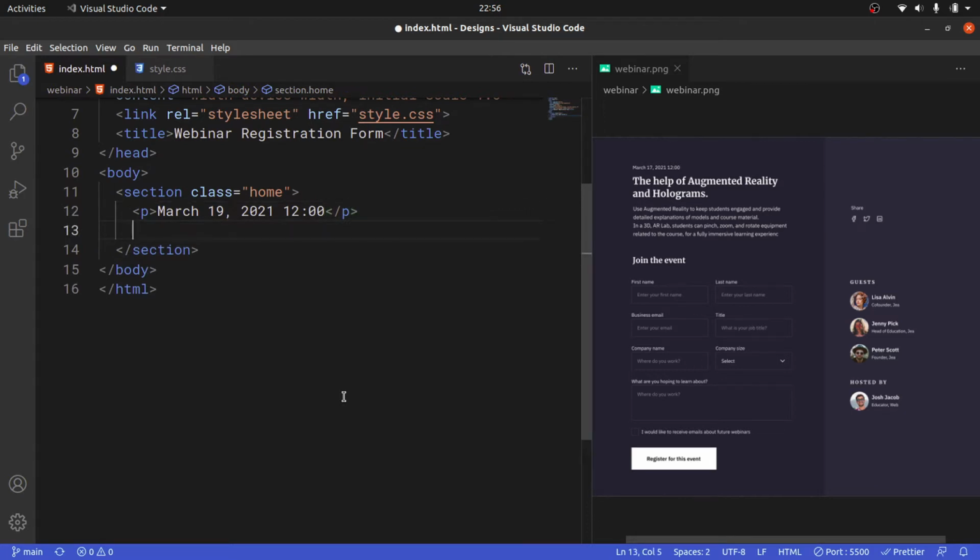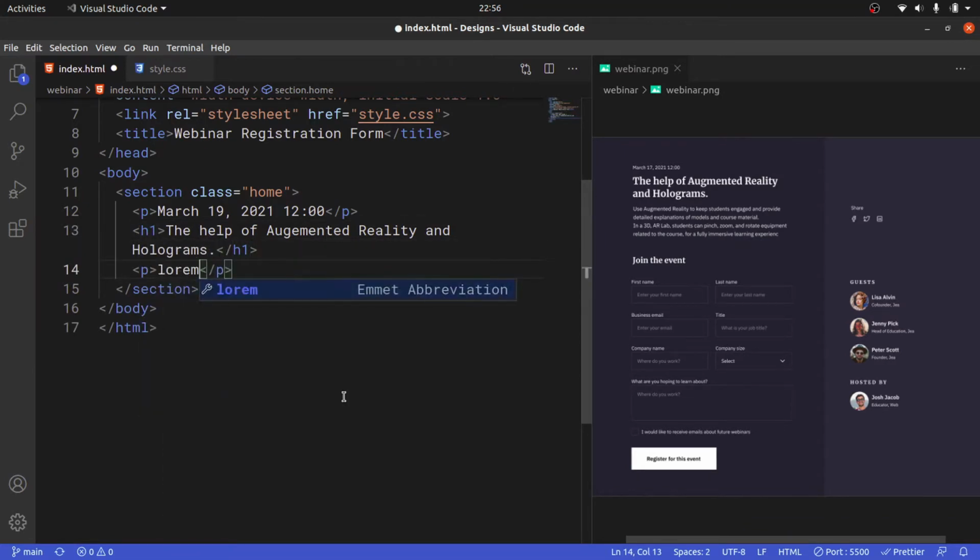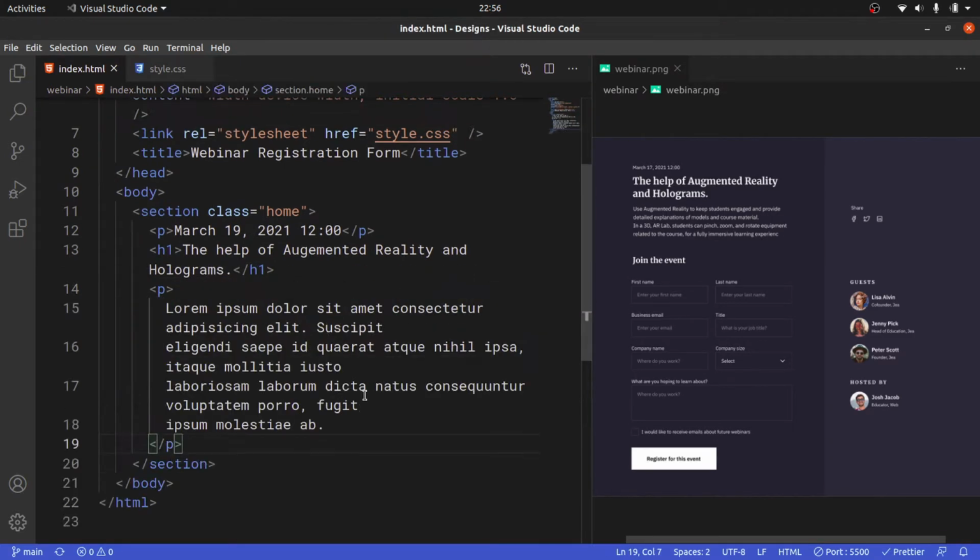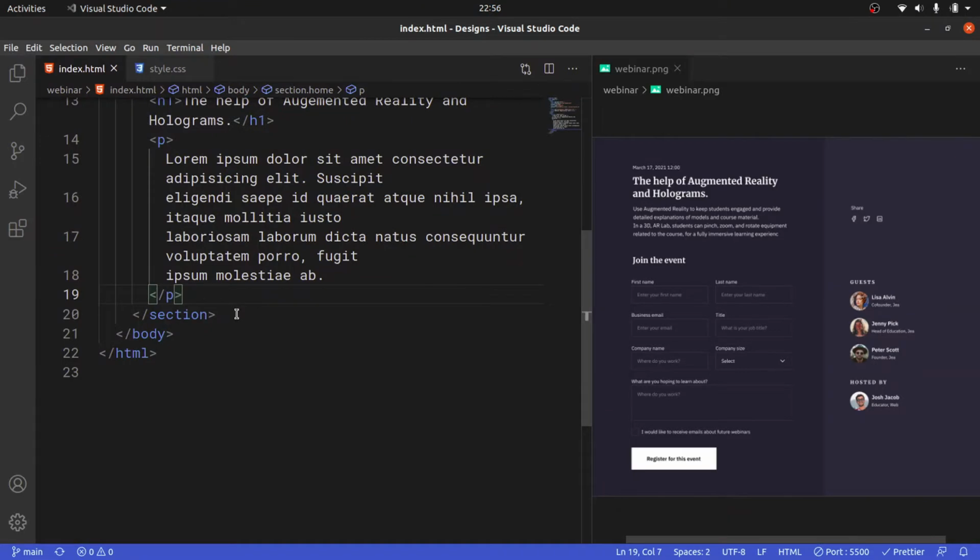And then below this, I'm going to add an H1 that says the help of augmented reality and holograms, like so. And then below this is another paragraph, and I don't want to copy all the text, so I'm just going to say Lorem 30, so that we have this. And then below this section, or maybe inside this section,